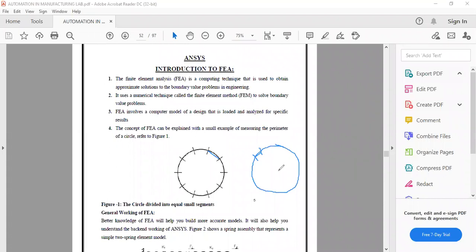We are trying to measure the perimeter of the circle. This is the first one and this is the second one. Which of these two will give me a more accurate measure?